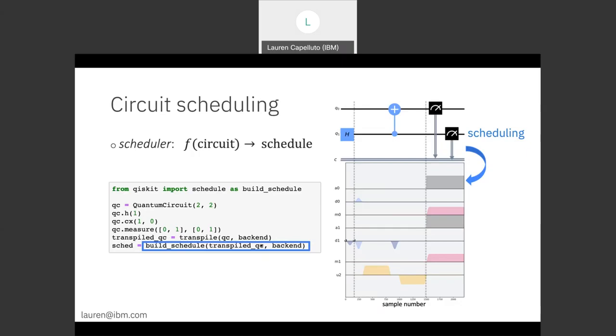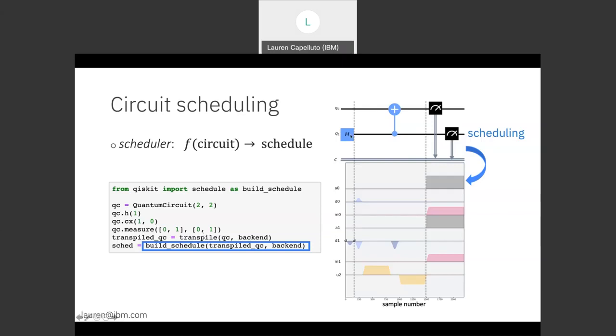I do have to transpile my input circuit. That means that the input circuit is going to be rewritten in terms of the native gates of the device that I'm transpiling for. Once I've done that, I can build my schedule on that transpiled circuit. The backend, which is pulse enabled with the system, will have calibrations for each of its native gates. So I can just